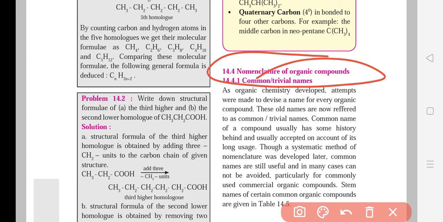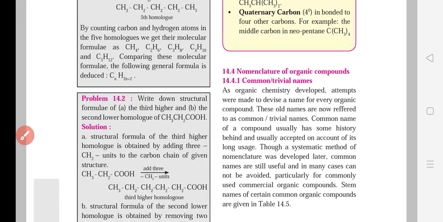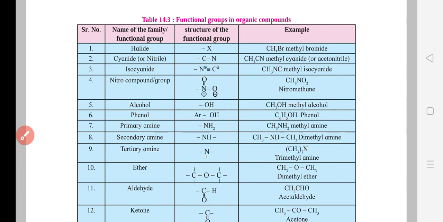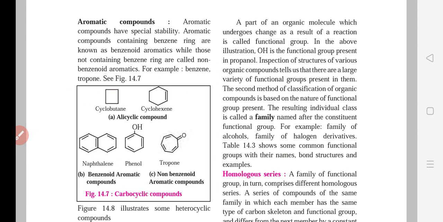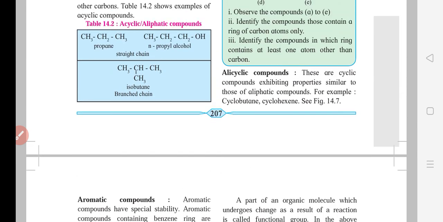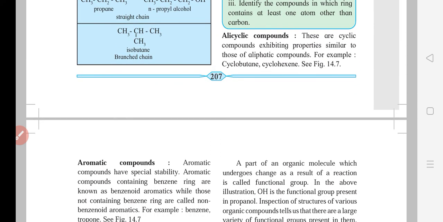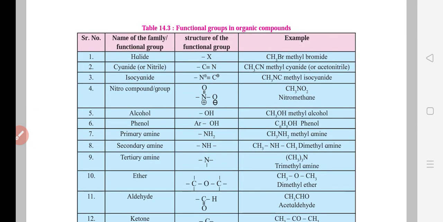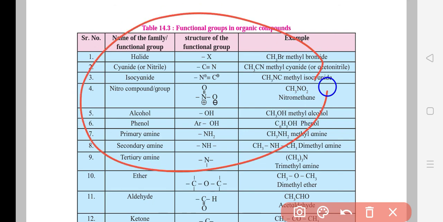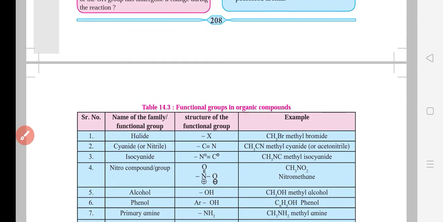So this is it for today's lecture. We have seen the classification of all these organic compounds on the basis of carbon skeleton. ये देखो कार्बन skeleton का है, cyclic, homocyclic, heterocyclic, all these are classifications based on carbon skeleton, and based on the functional group. ये देखो ये जो classification है पूरा, all this classification is based on the functional group. It is a very wide classification actually.